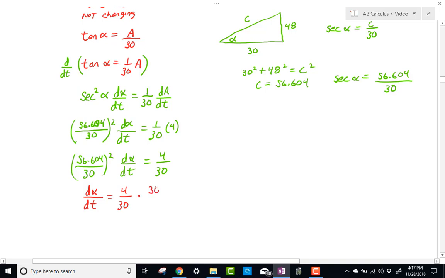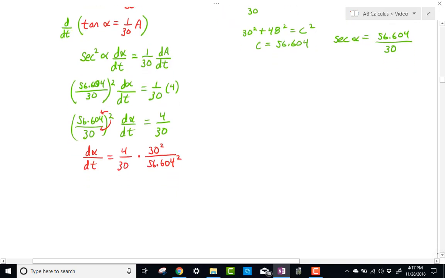times 30. Now again, keep in mind that both of these are squared. This is 56.604 squared, and this is 30 squared. All right, so that's 30 squared over 56.604 squared. Now, I'm going to finish this without a calculator for one reason only here. Number one, I can cancel off the 30s here, so that those are gone. And then I can multiply 4 times 30, because that's pretty easy. So d alpha dt is equal to 4 times 30, which gives me 120 over